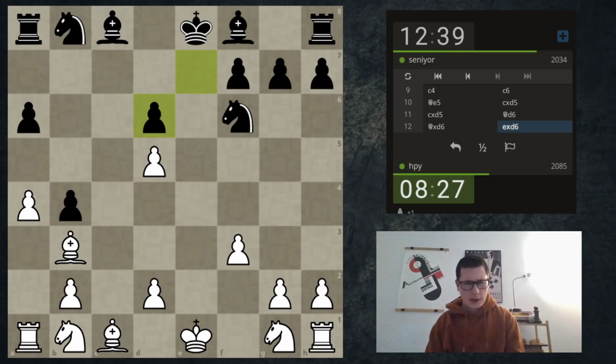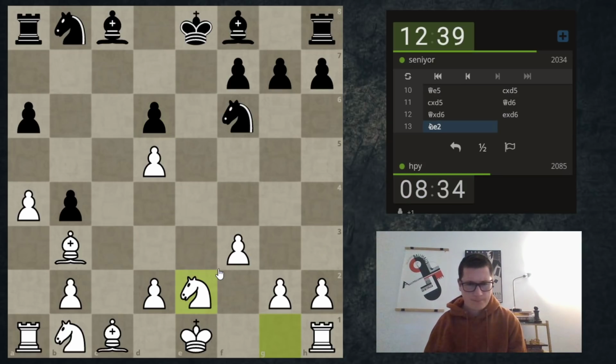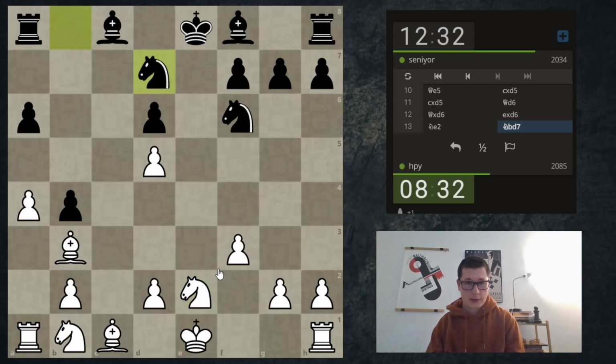I don't know how to try and keep it. I don't see a way to keep it, so I'll just play knight e2, which is the normal move, I guess. I also could have played d4. I'm not really trying to play knight f4 defending the pawn because he has g5. Although, that could be interesting. Knight f4, g5, knight h3, and if he takes... Okay, he doesn't do that straight away, so...